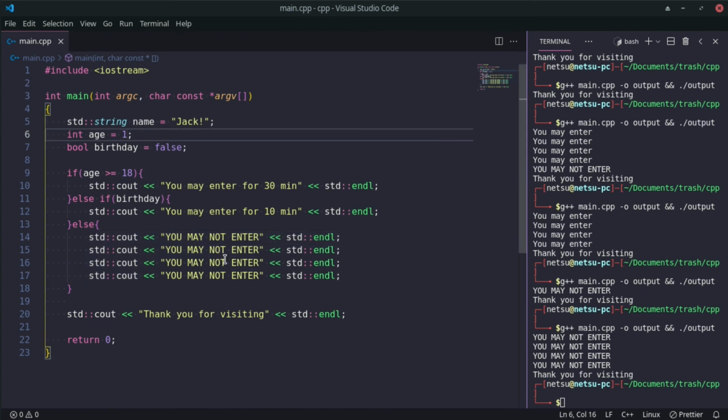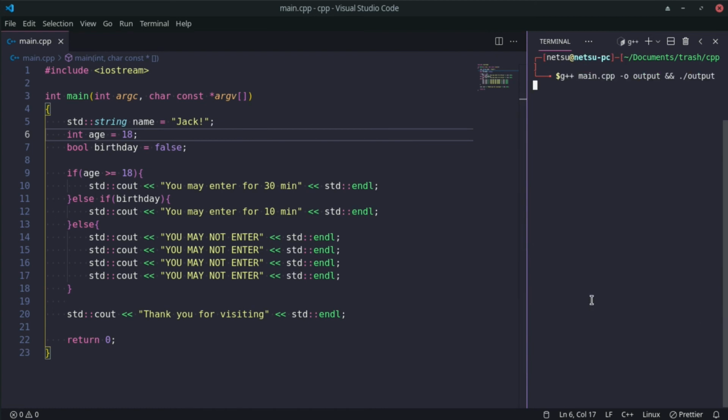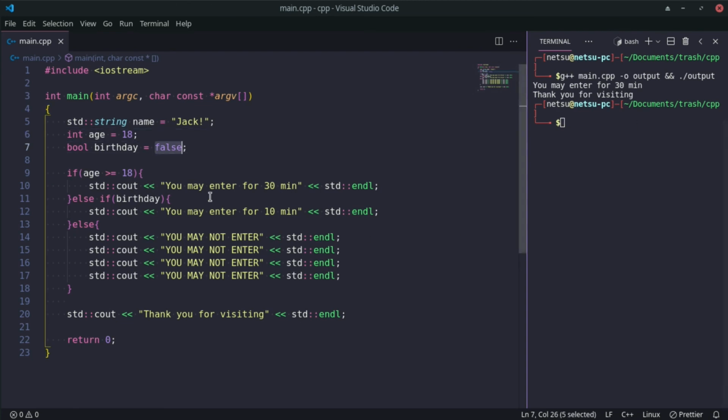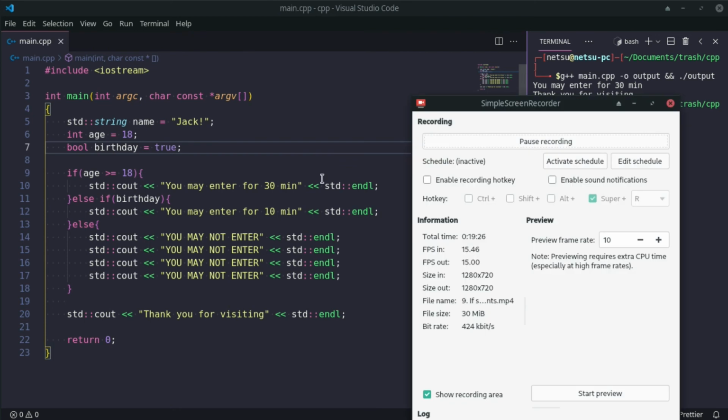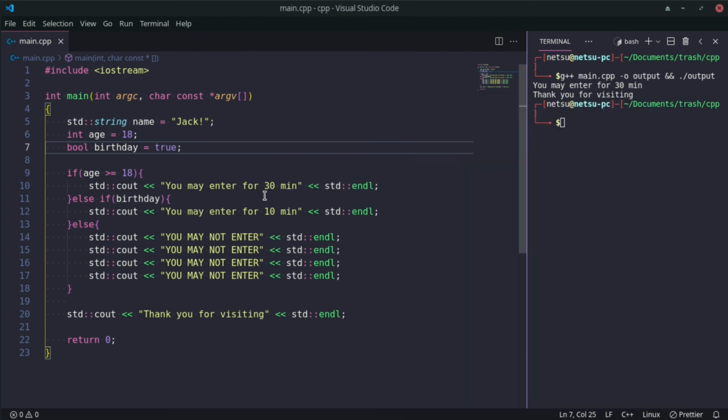If I were to make this 18, however, and we were to compile and run this, then we get "you may enter for 30 minutes." If we were to make this birthday true,